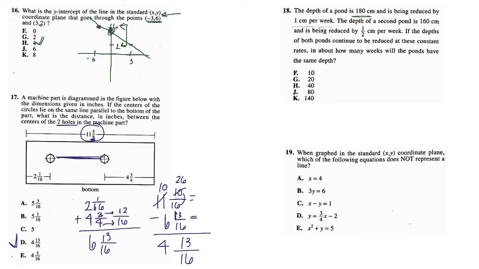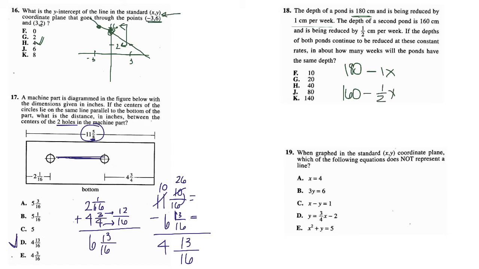If we're starting at 180, and then we are decreasing 1 centimeter per week, so 1x or just x would be fine. And then our second pond is starting at 160 centimeters,